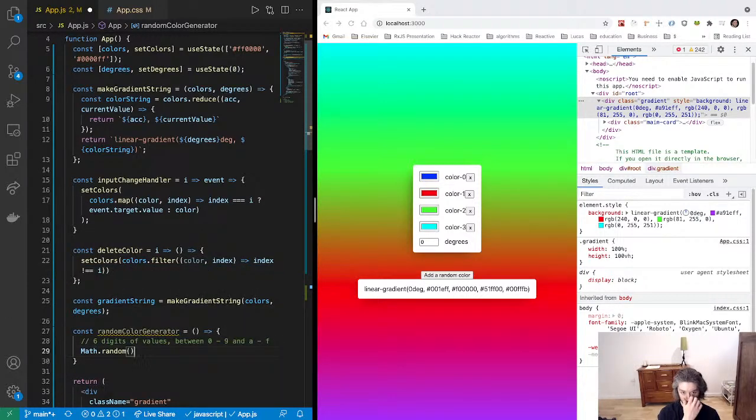Returns a pseudo-random number between 0 and 1. So then if we multiply that by 10, that will generate a pseudo-random number between,